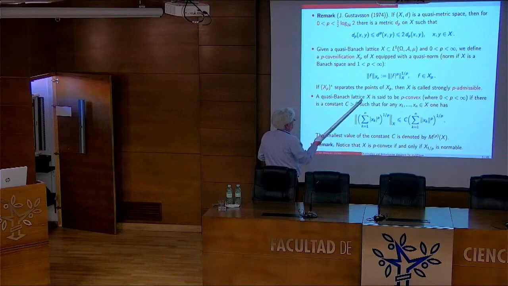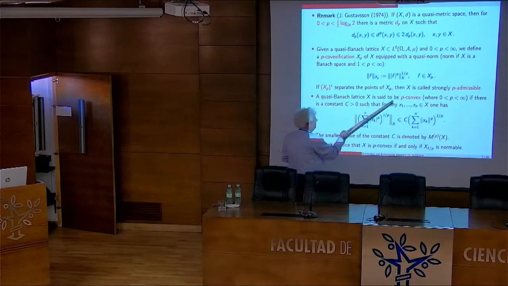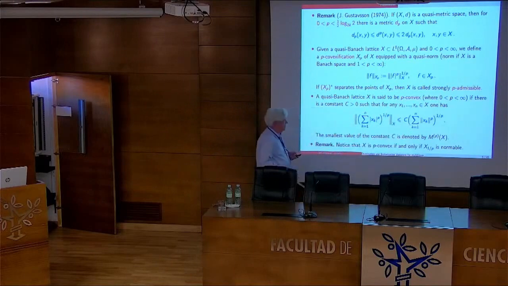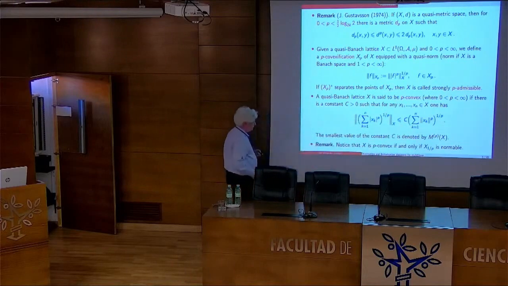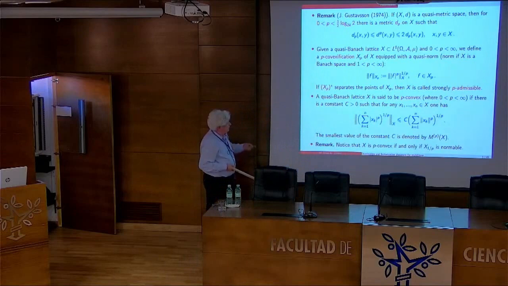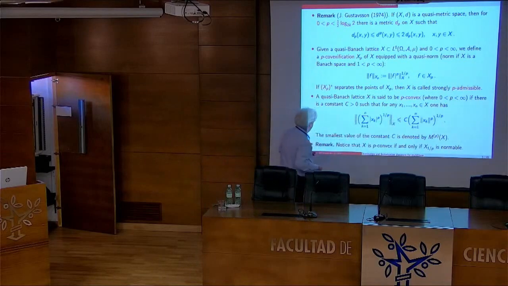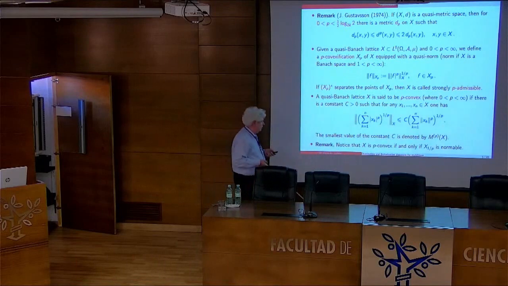If the dual separates points, X is called P-admissible. A quasi-Banach lattice X is said to be P-convex whenever there is a universal constant for which we have this vector-valued inequality. This is just the LP norm in the strong sense, and in this lattice it is the P-norm pointwise, and we take this measurable function, and this must be true for all n with a universal constant C. The best such C is called the P-convexity constant for our Banach or quasi-Banach lattice.